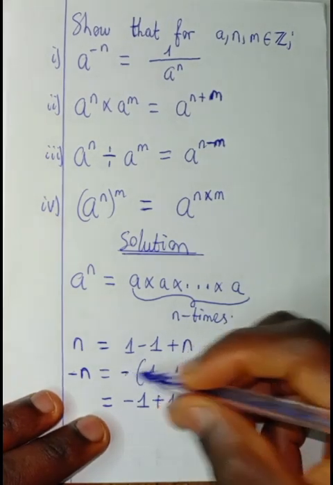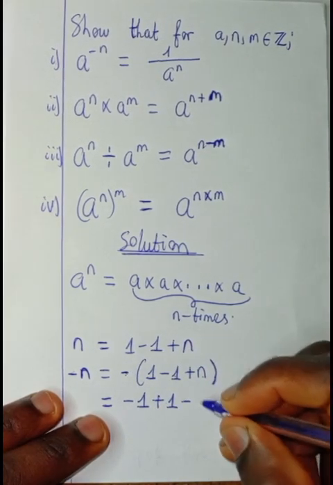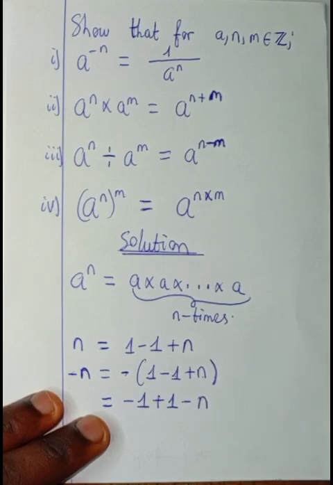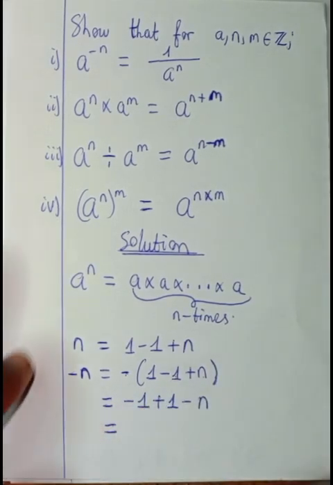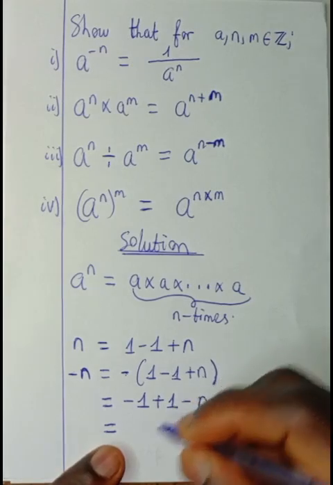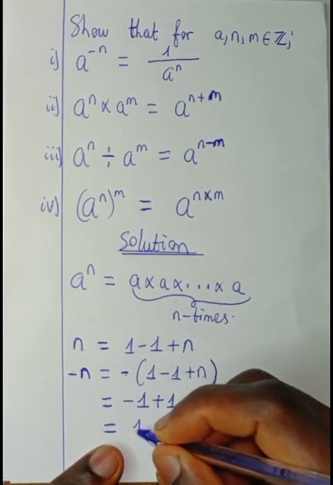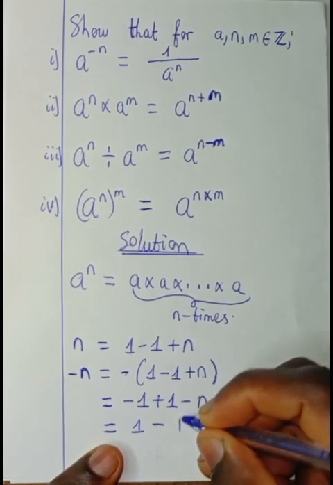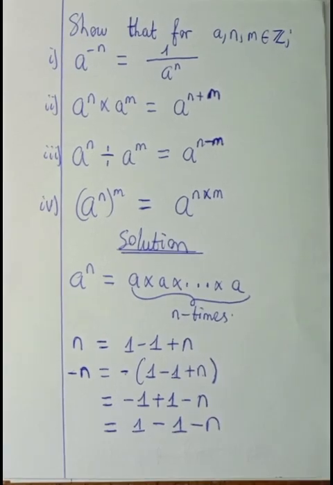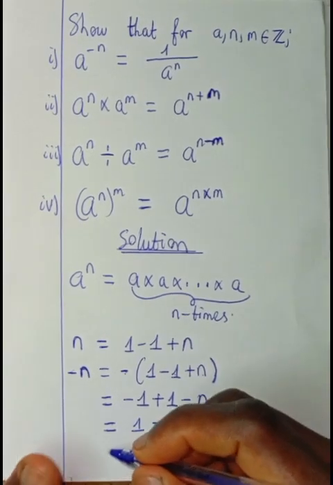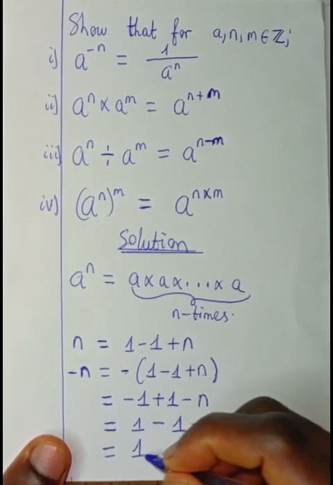Next, negative 1 times positive n gives us negative n. This is equal to, I will bring the positive 1 in front. This will give us 1 minus 1 minus n,